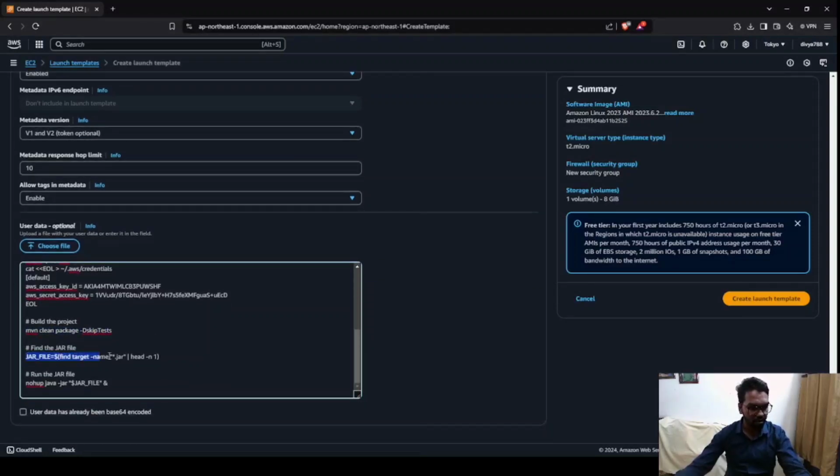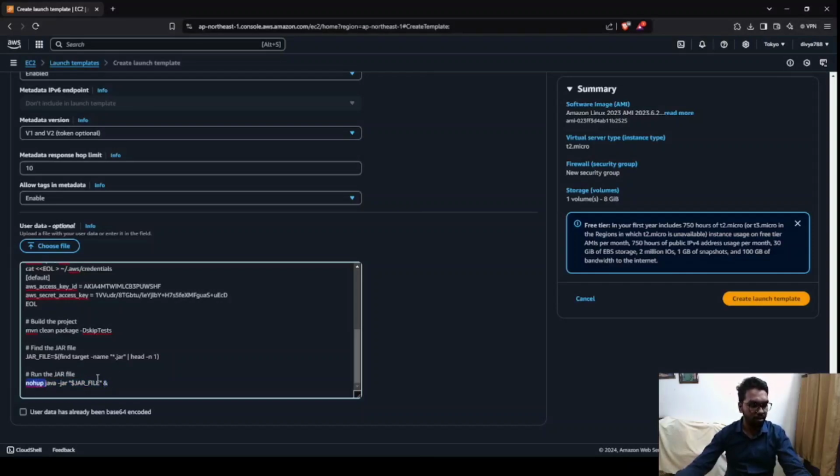And this line will find the created jar location using this internal command and store the location in this variable. And this line runs that jar with java -jar, and the ampersand will run that jar in the background.